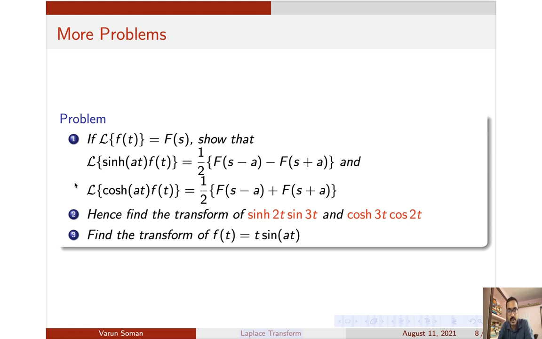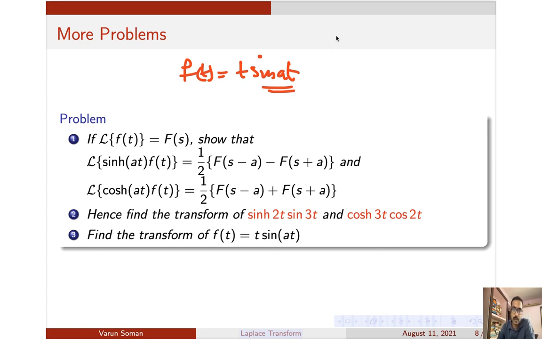And similarly, can you find the transform of t sinh at, where f of t is equal to t? Just think of some way to find the transform of t sinh at. Okay, how will you find it? There are many methods you can use. Later on we will study the effect of multiplication by t, but still, can you use some method which you already know here? I haven't taught you product of transforms. So what will you do in this problem?